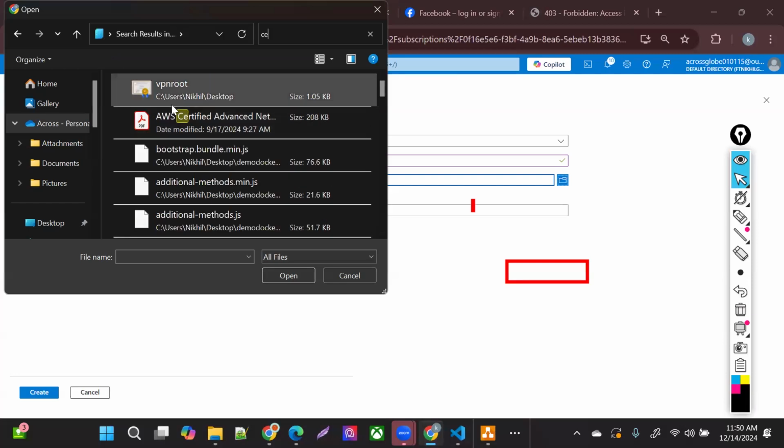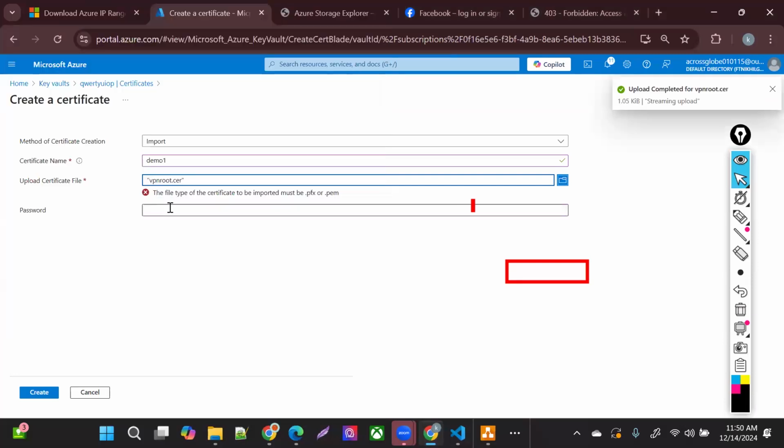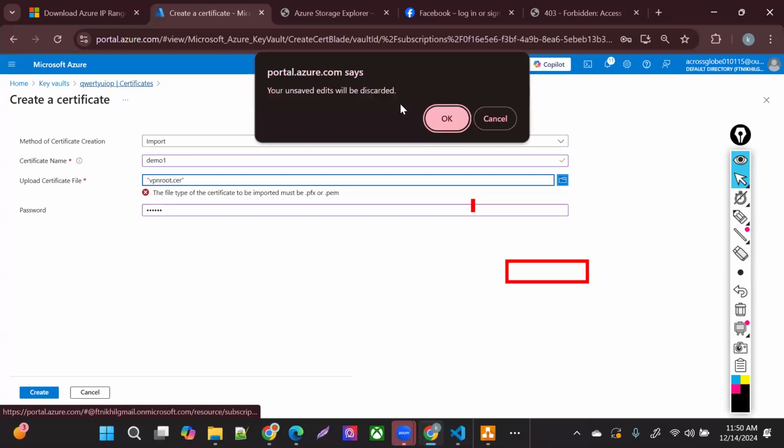It's very simple to upload that certificate. It needs to be not in a CER format because it's not going to analyze that. You need to upload in the PFX, which is personal information exchange. That's what the application is going to take. Put that password for that certificate and then click on create, right? That's it. It's very easy to upload that certificate.